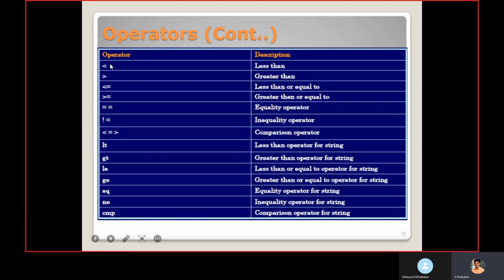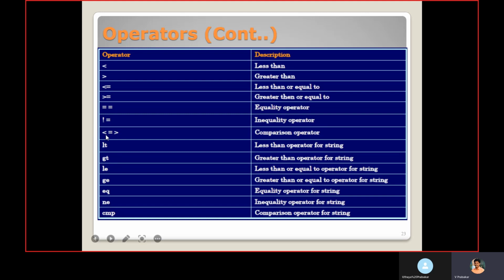So these operators we can use when the operand values are numbers. If the operands are strings, we can use these operators for less than, greater than, less than or equal, greater than or equal, equality and inequality.